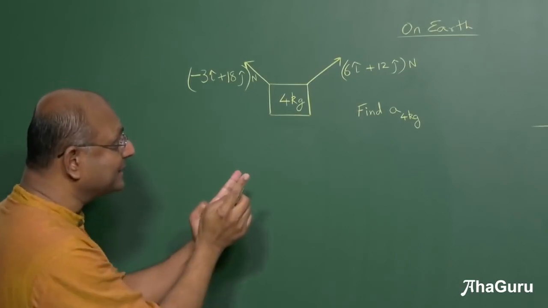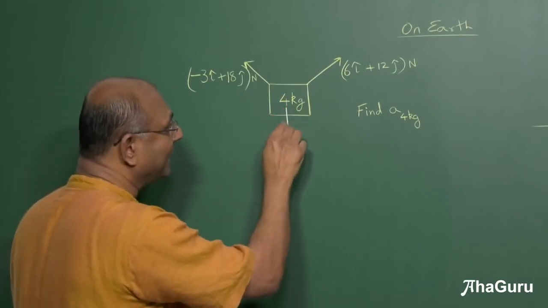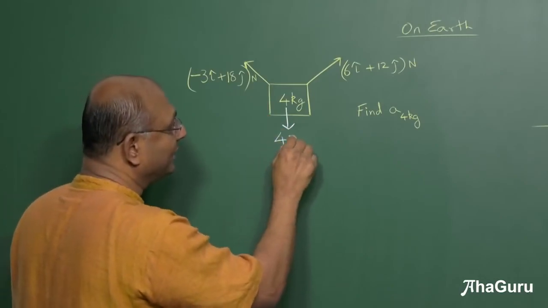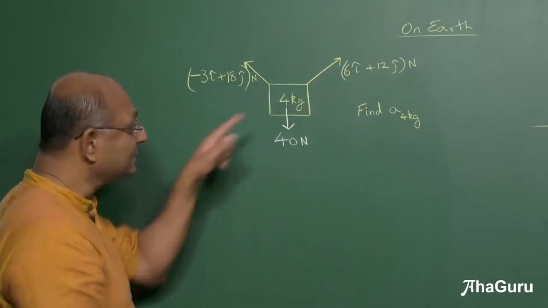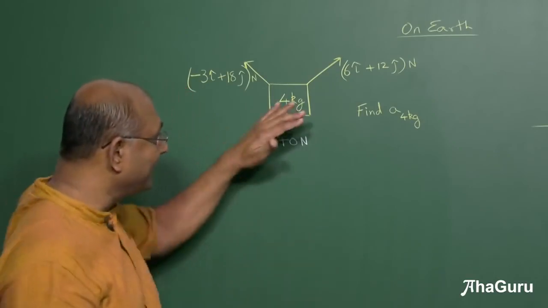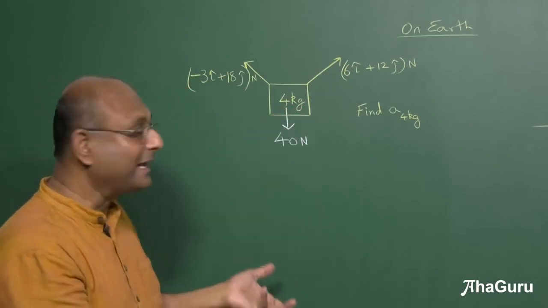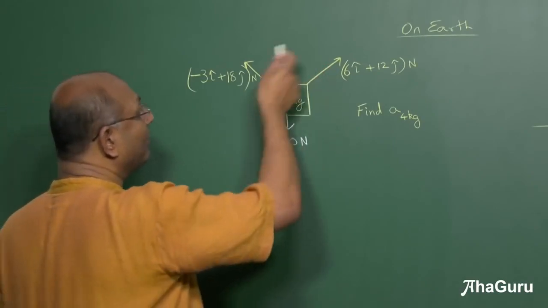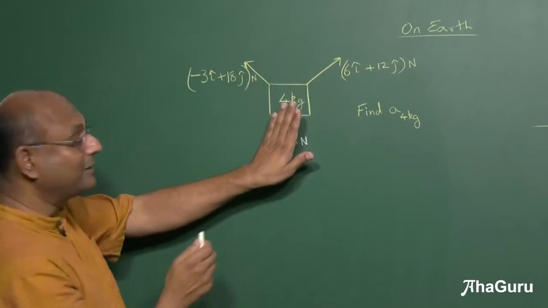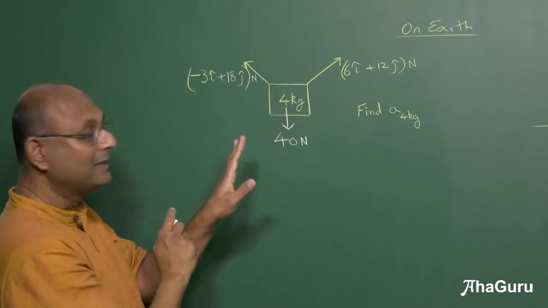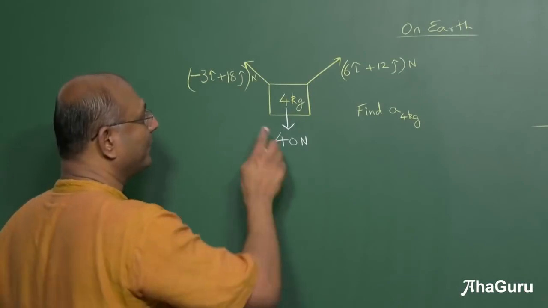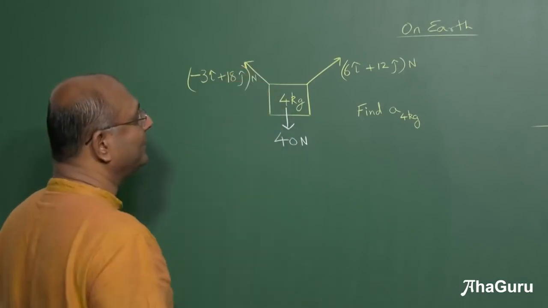The very first thing that I must do is mark on it a gravitational force of 40 newtons. It was not given. This is what I am adding. This will never be given. This is something you can calculate because it is m into g, and g is 10. We are assuming g is 10. Now if you look at the acceleration without this, you would have said it is going up. But it will turn out it's going to go down. Acceleration is going to be downwards. Not the motion, the acceleration is going to be downwards.